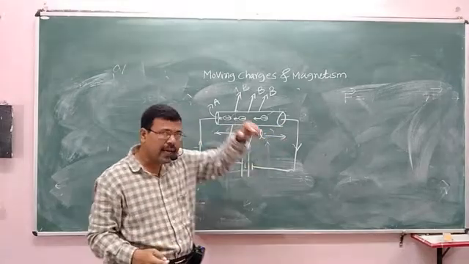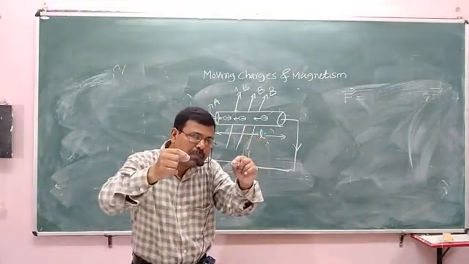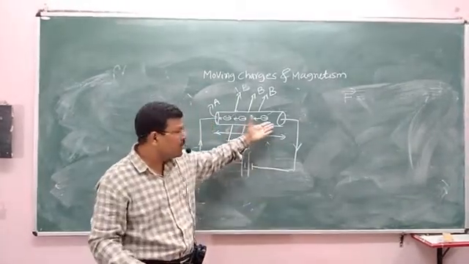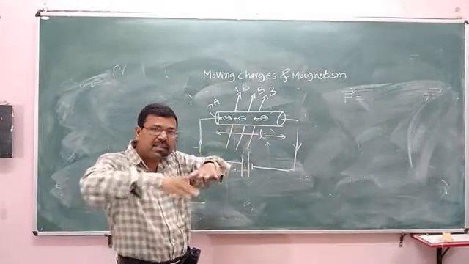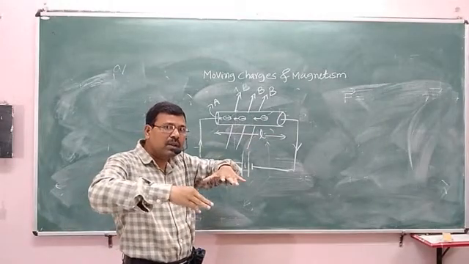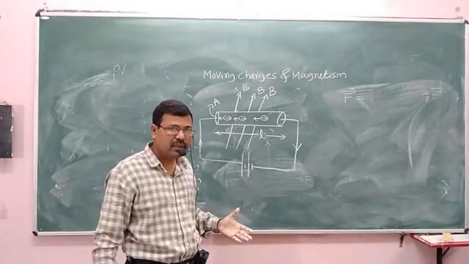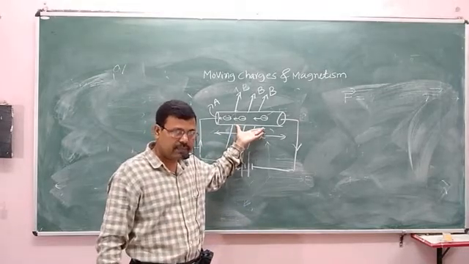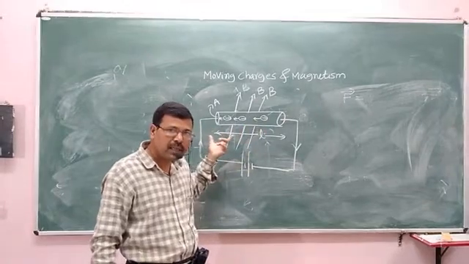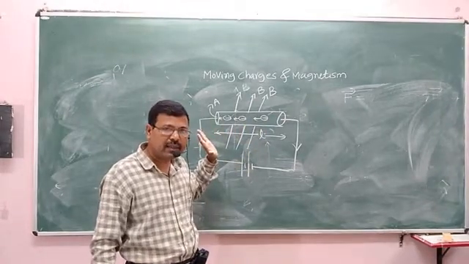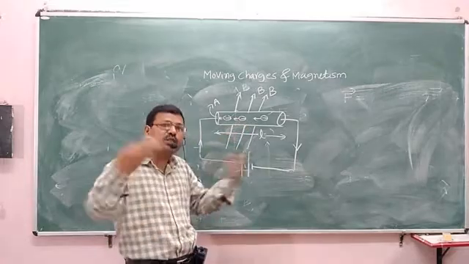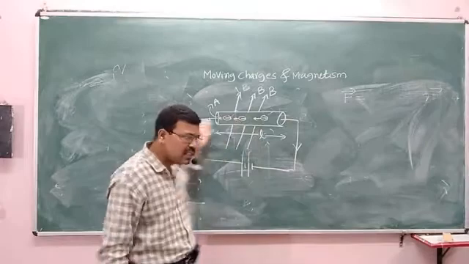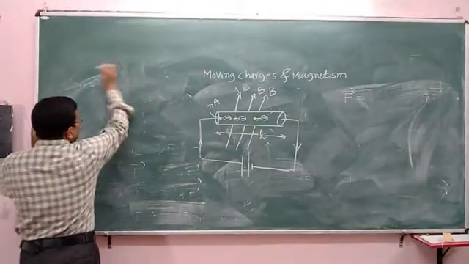Yes, there only one charged particle was moving in the magnetic field, but here all these surface electrons are moving in the magnetic field. The entire conductor is kept in the magnetic field. That means every charged particle is moving in the magnetic field. Every charged particle is experiencing magnetic force. So how many charges are there in this conductor? How many surface charges are there?